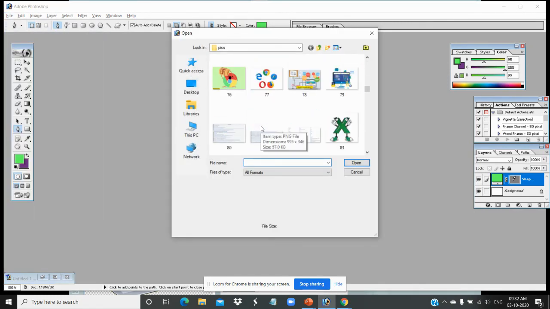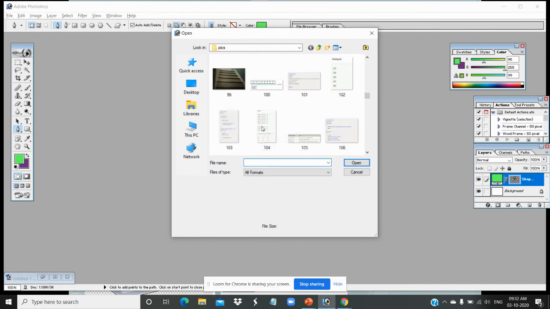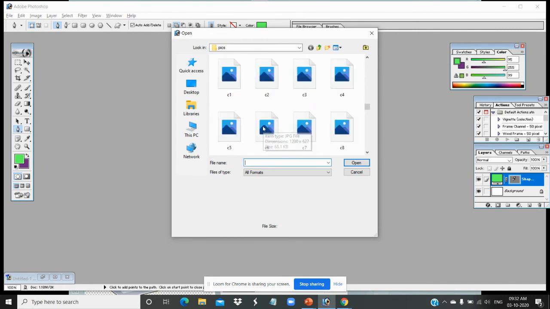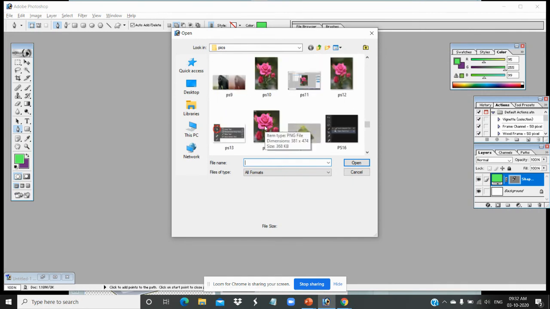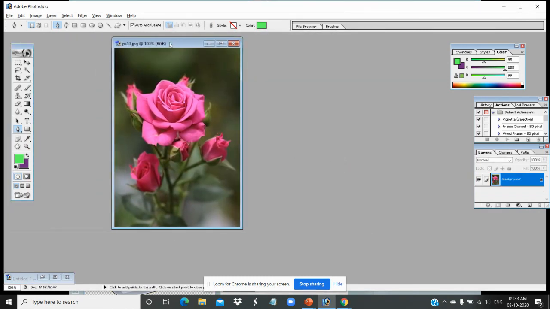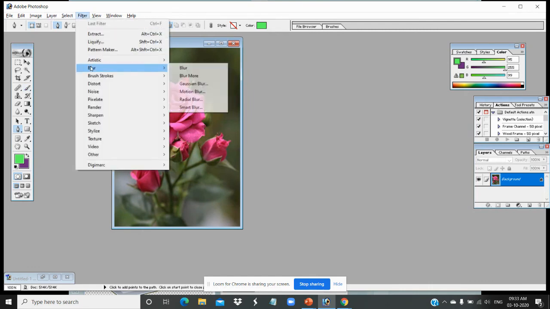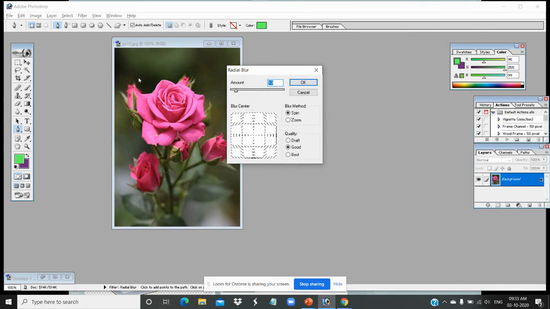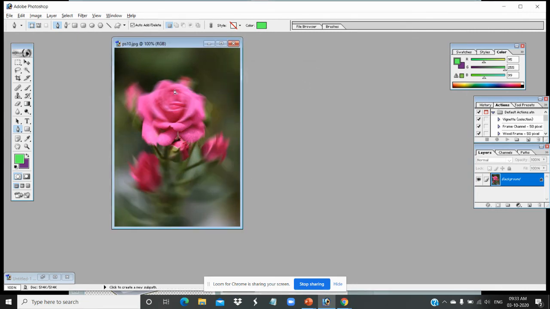So this is not looking better. Just open this image. Go for filter, blur, give radial blur. Okay, see, the image has been blurred.